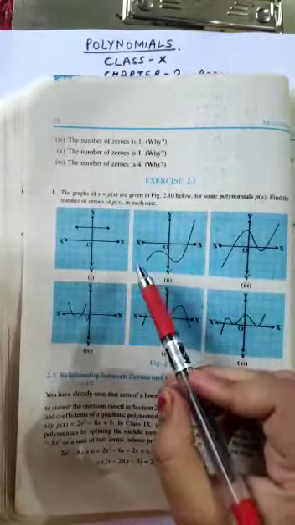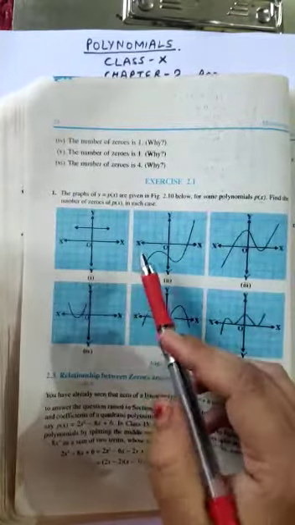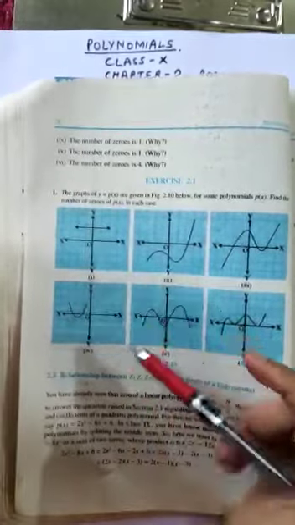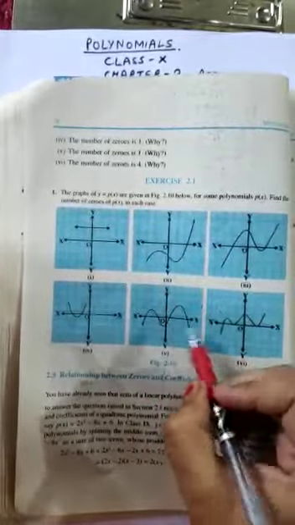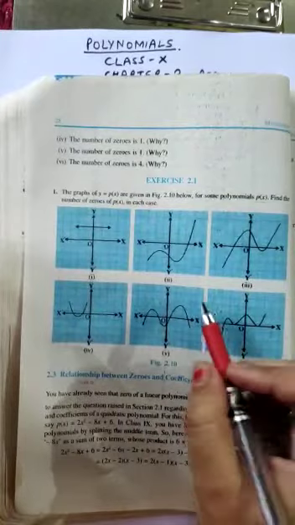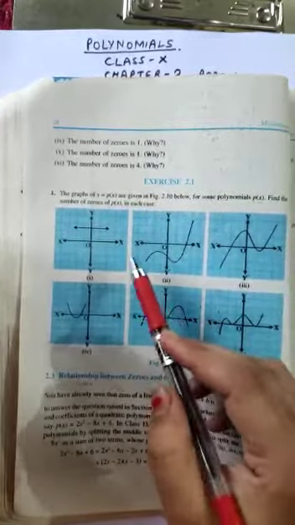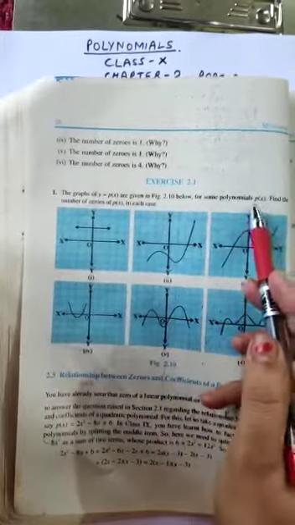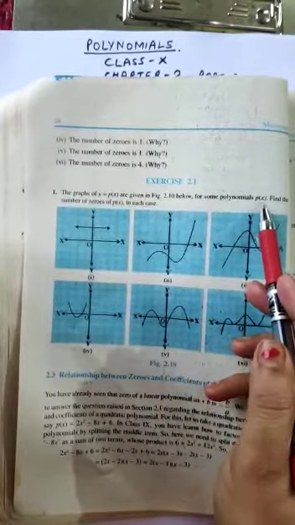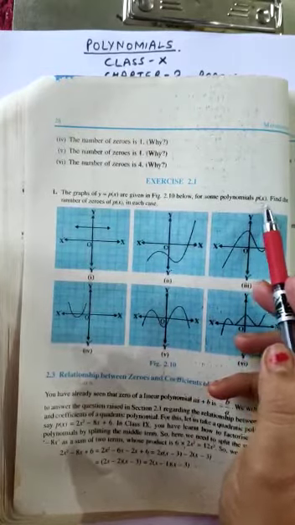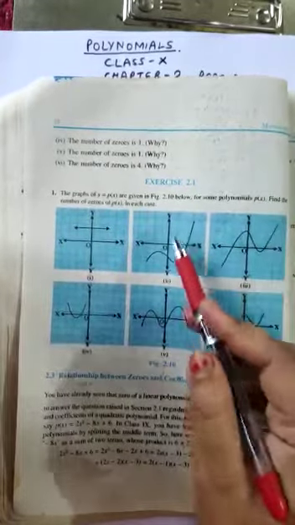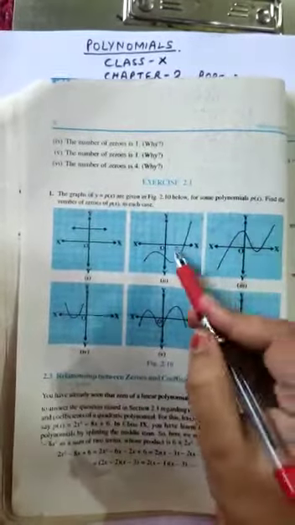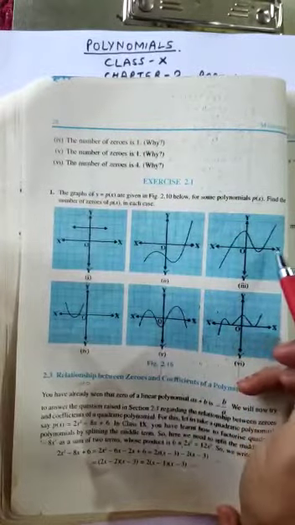There is only one question, and this question is about how we can find the number of zeros of a polynomial if graphs are given to us. And this is an important question. In exams, most of the time it is put up as a 1 mark question: you are given a diagram, and it is stated whether the polynomial is in p of x or p of y. If it is in y, then you have to check the number of cuts on the y-axis, and if it is in x, then you have to check the cuts on the x-axis.